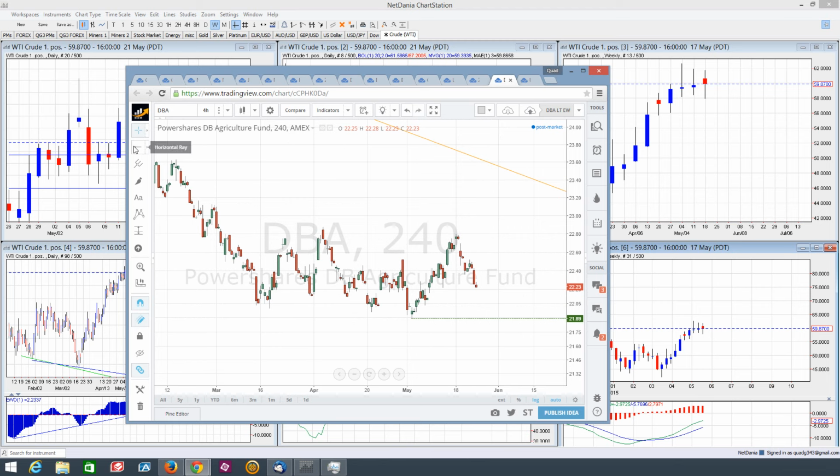Key resistance, I think, is going to be right here at the top of that outside key reversal on the weekly at 2280. I would think that the price would come down here and take out this last swing low. I think that's possible, or at least a double bottom. However, if you see this price kind of stall right here and chop sideways a little bit more and take out 2280,